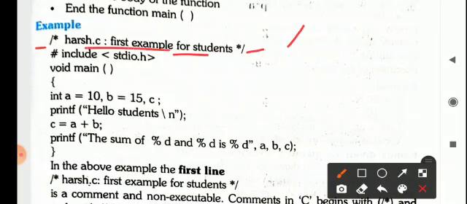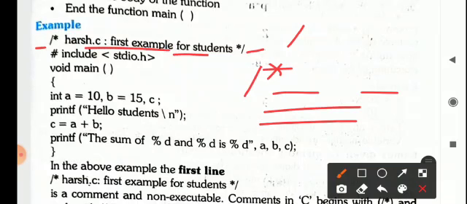So this comment is basically in your own language, in your own words. But you have to start with a forward slash and an asterisk sign, and it can be a multi-line comment, and then you can close it later like this, first an asterisk sign and then a forward slash.